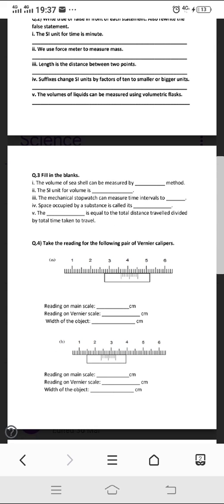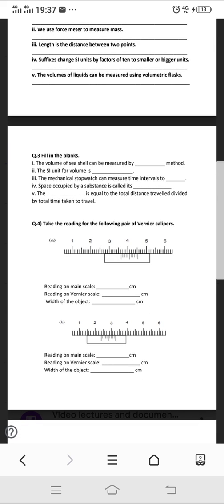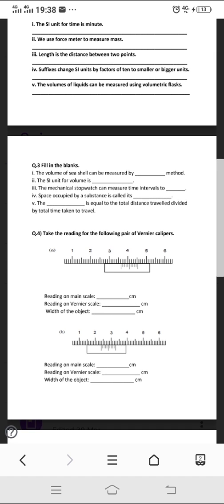Now the volume of a seashell can be measured by dash method. If you look at the shape of a seashell, it's not a regular shape, it's an irregular shape. For regular shapes, remember we do have formulas. For example, let's talk about a cube. A cube is a three-dimensional form of a square, right? So the formula is length into breadth into height,